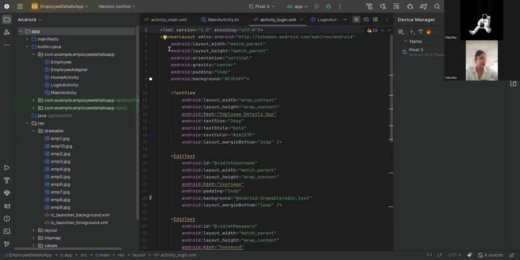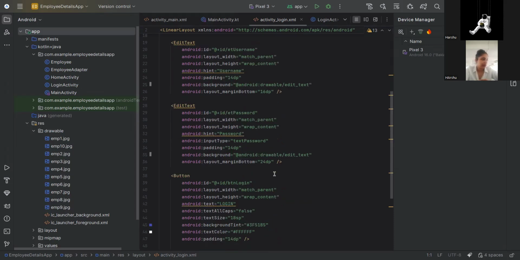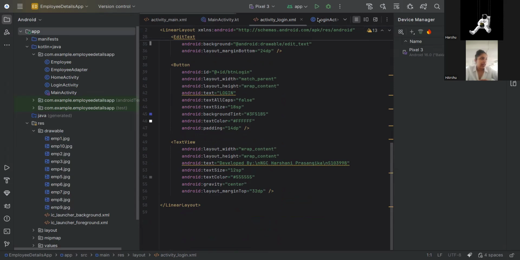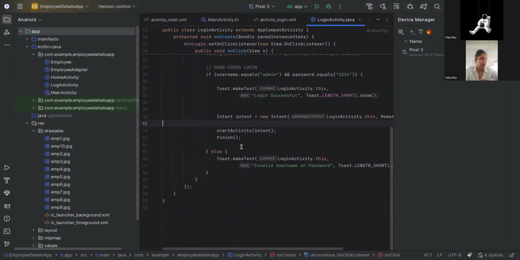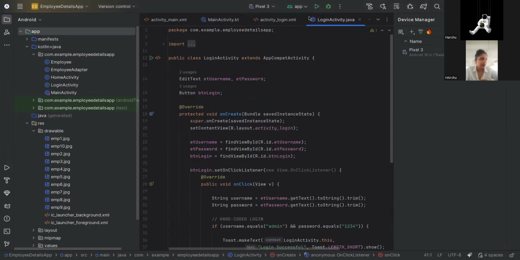So let me show you. This is my activity_login.xml, and this is my activity_login.java. All right. Upon successful validation, an intent is used to navigate from the login activity